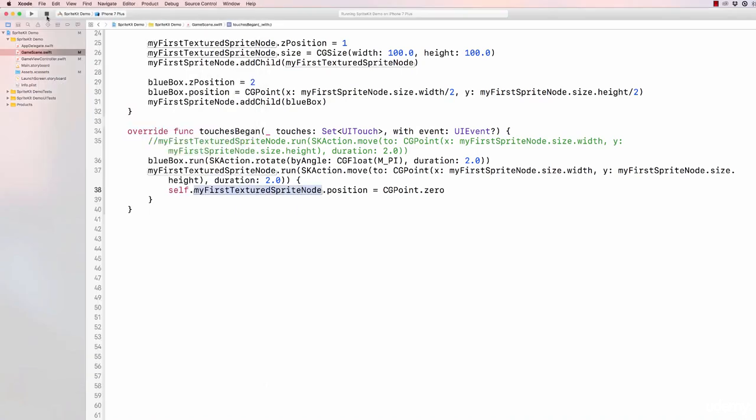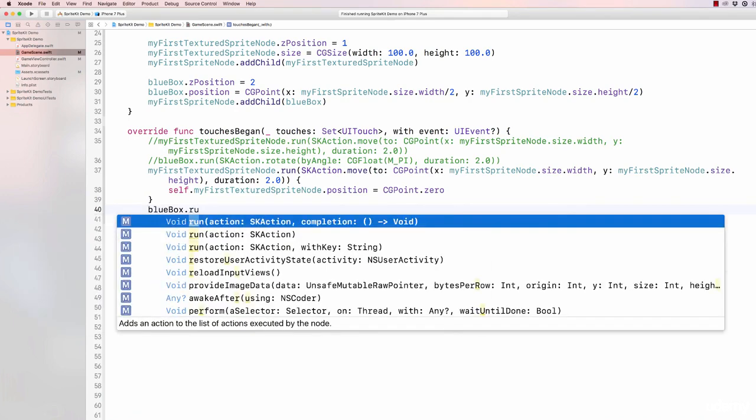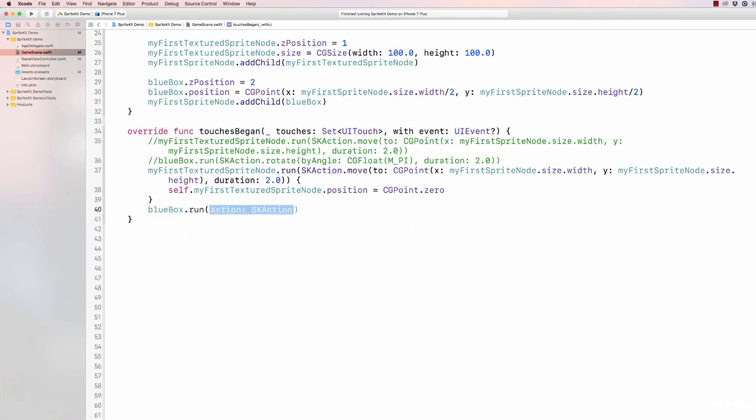So to start, we are going to comment the current action, since we want to change it in a way that it never stops. So it will be repeated infinitely, and the box always rotates as soon as we start the action. To achieve this, we can use a repeat action by writing blueBox.runAction, and I will now encapsulate the original action, which gives us the rotation in another action, and that will be